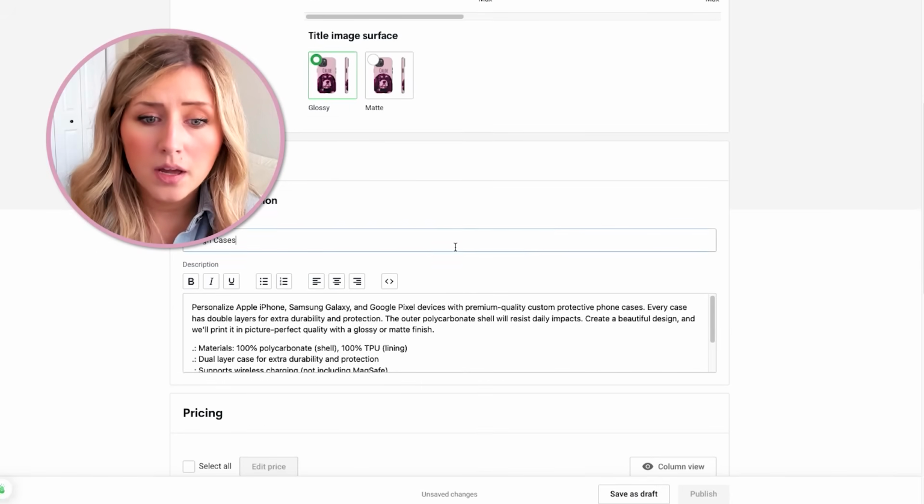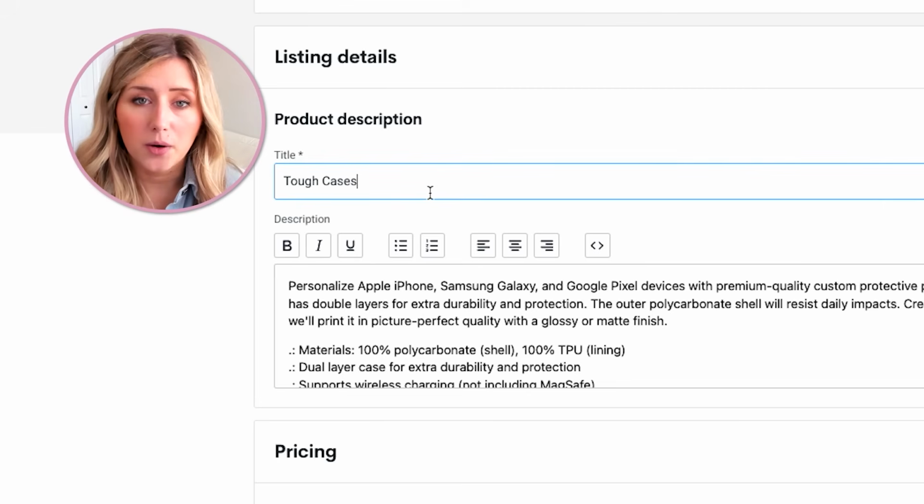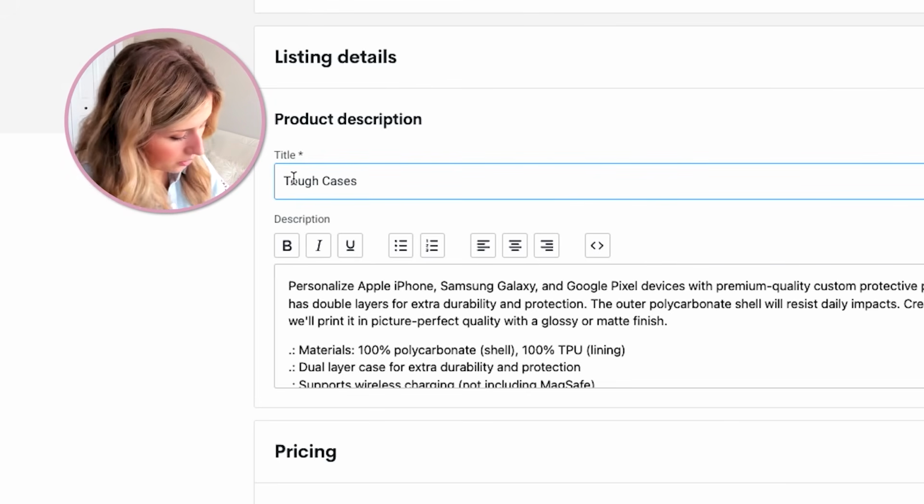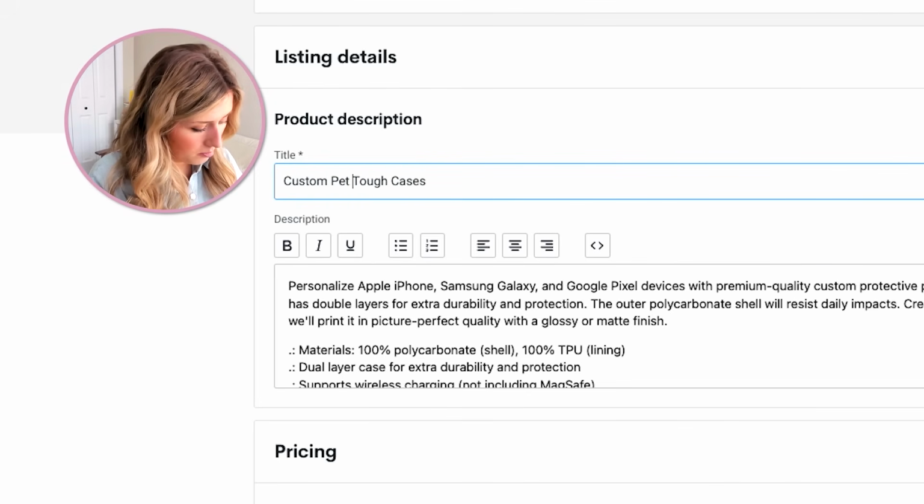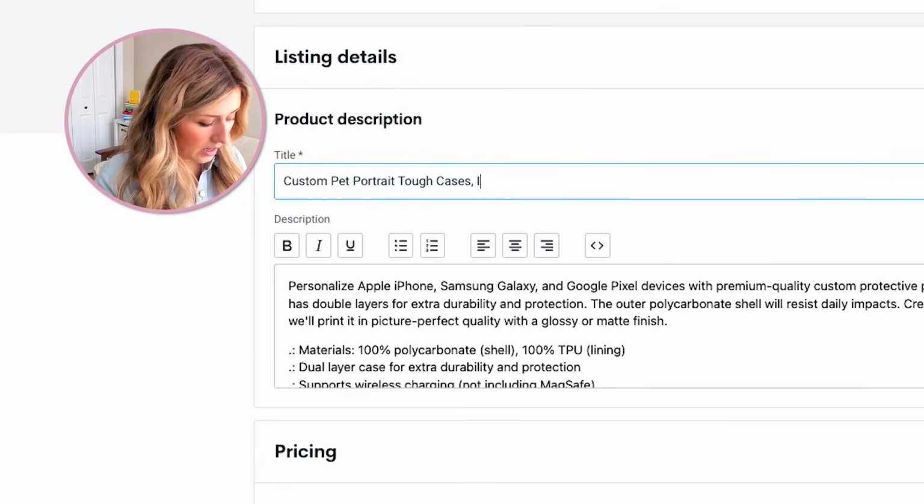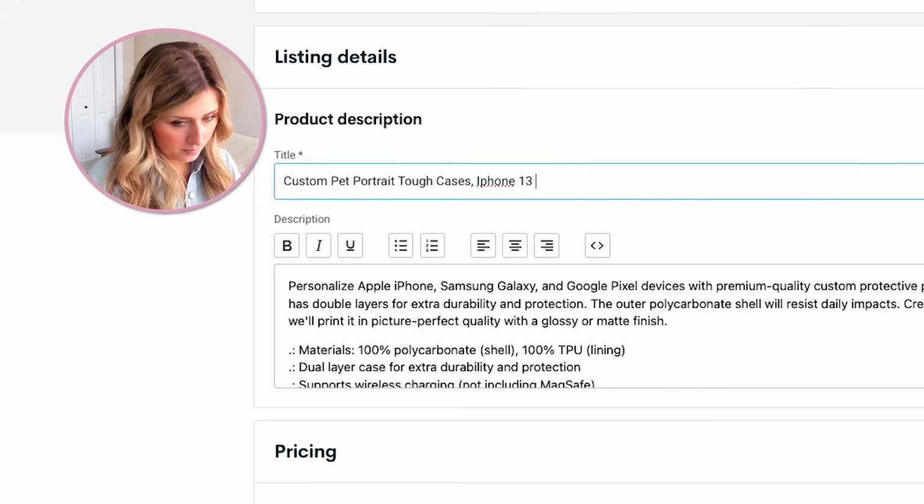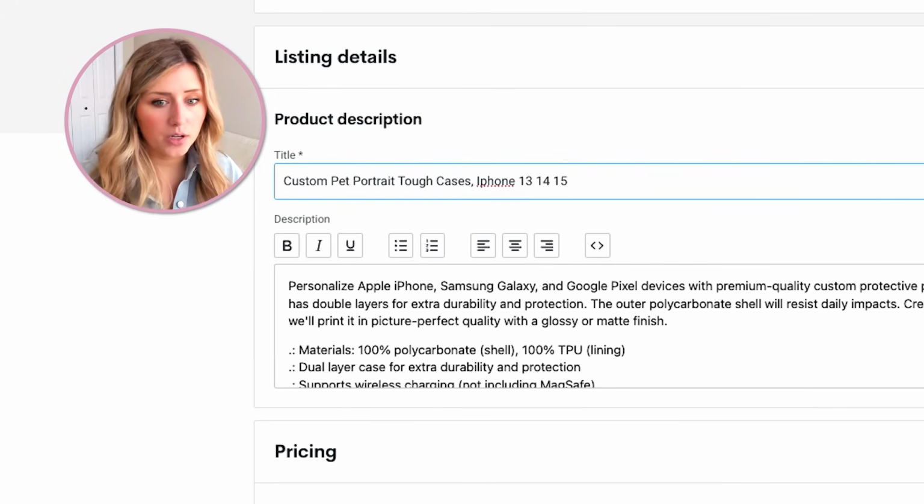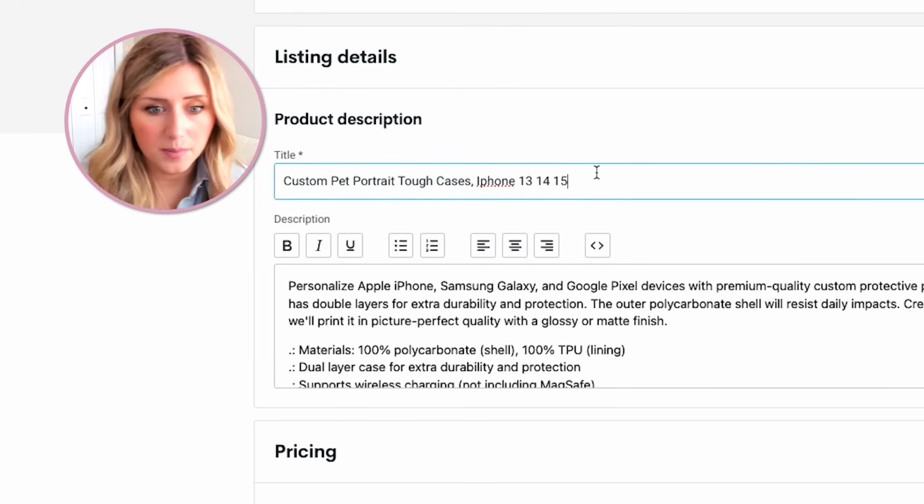As far as SEO, going back to what we were talking about earlier, you would want the title to be custom pet portrait tough cases. I would add in iPhone 13, 14, 15. Someone asked this in the comments recently, but if you're looking to do an iPhone and you're trying to hit 13, 14, 15,